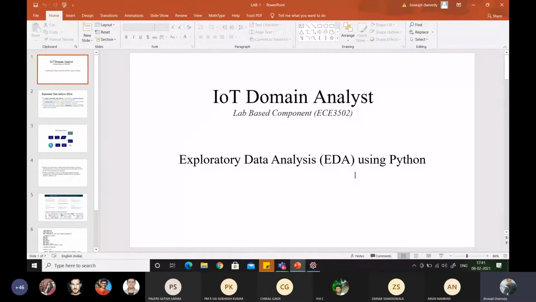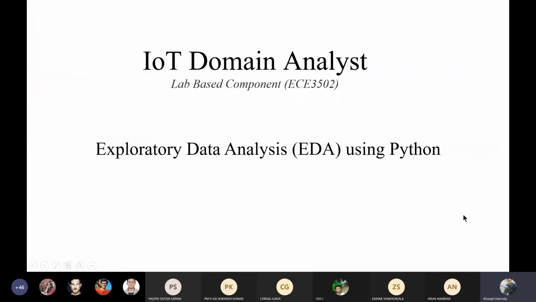Yes, sir. Thank you. Today we'll be discussing exploratory data analysis. Basically, exploratory data analysis is a data exploration technique that is used to understand the various aspects of data. This is one primary, basic technique that is used for understanding the data. Understanding the data means first we'll be finding out what types of data are there, what the data types are,